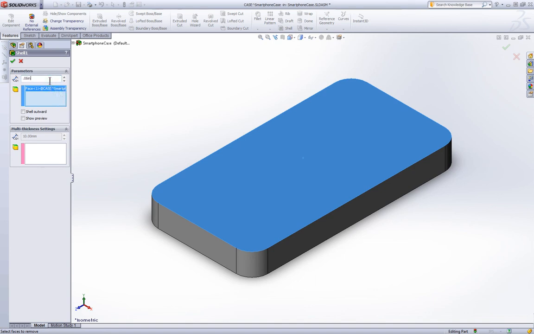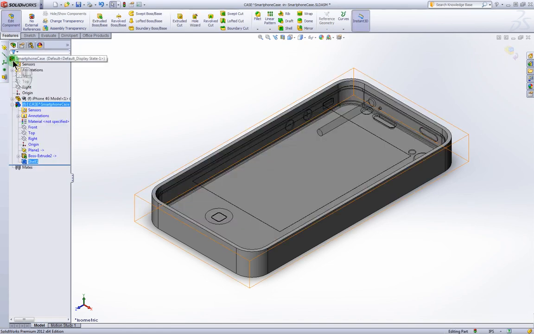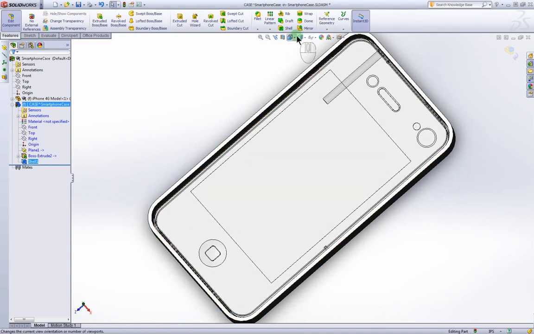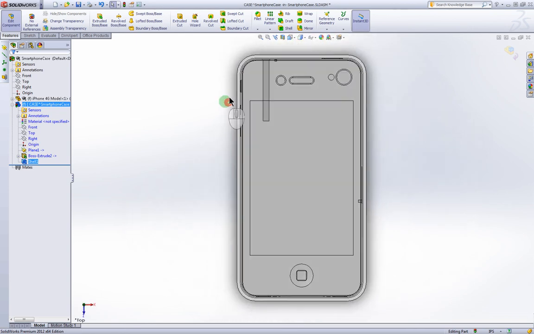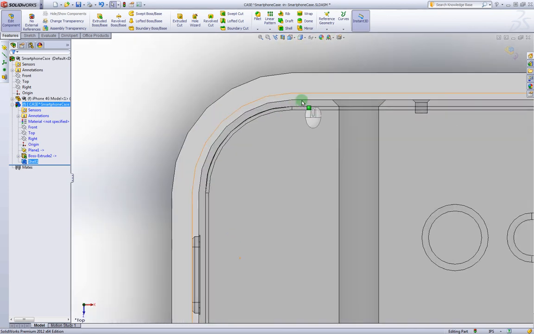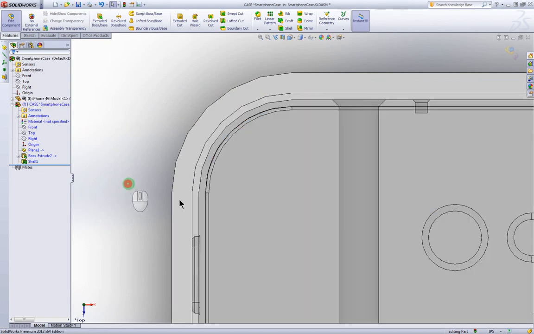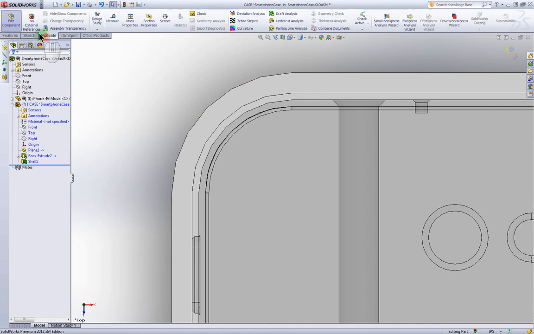We can verify that with the tutorial, but let's see what it looks like. I could always change it, so I'm going to accept that change. And there's our shell, and I'm going to just look at a top view. I'm going to look at the distance here, and this looks pretty good. That distance looks pretty happy. If I measure that distance with the evaluate tool, the distance between the case and the phone,